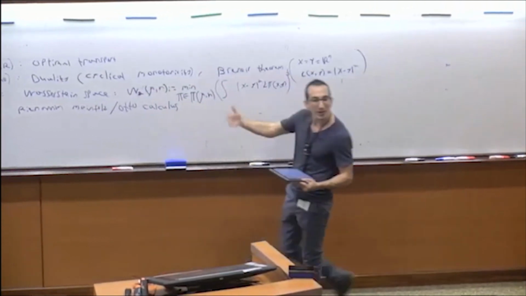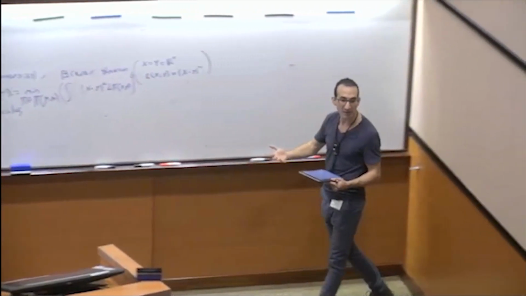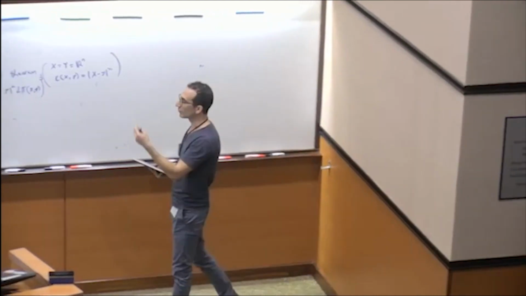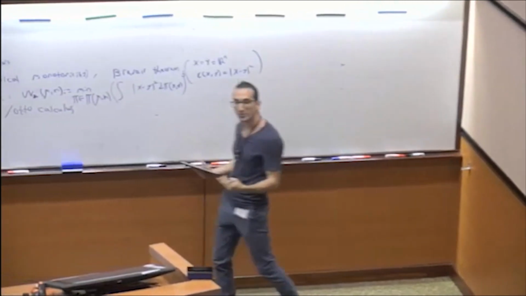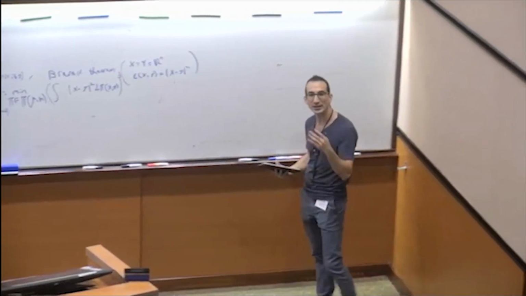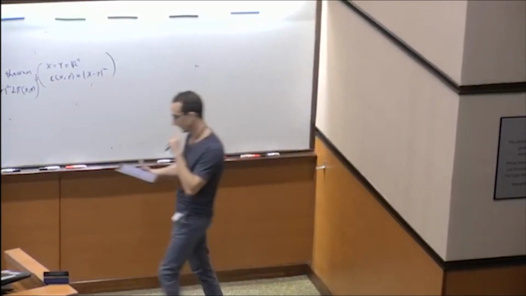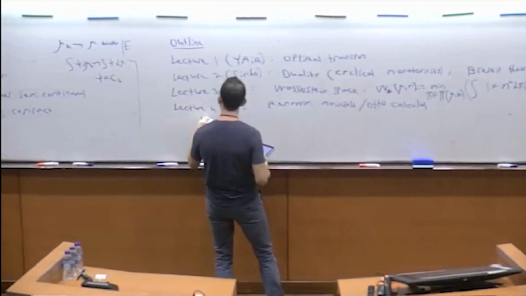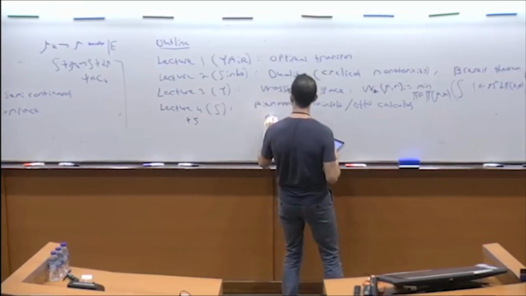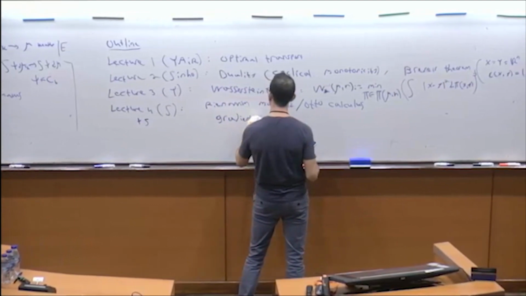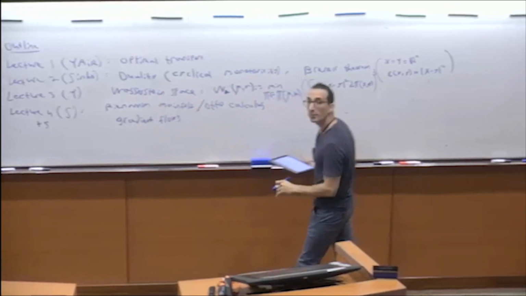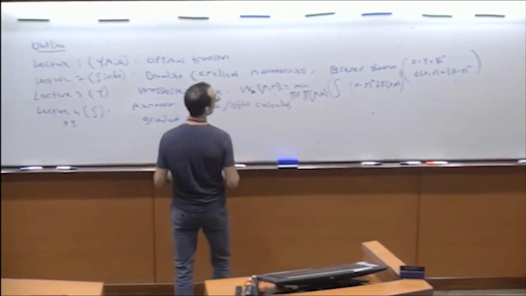And once you talk about gradient, you can talk about gradient flows. You can start running gradient flows in infinite dimensions, and this will be related to a more familiar object like Langevin dynamics, heat equation, and things like that. So this is actually lecture 4 plus 5, so 5 would be more gradient flows. Okay, so this is kind of the optimal transport part of the mini course,